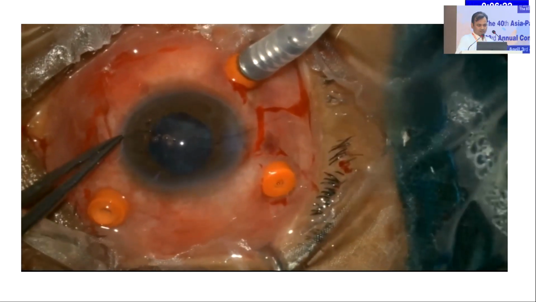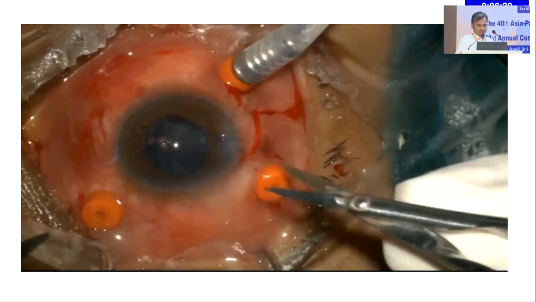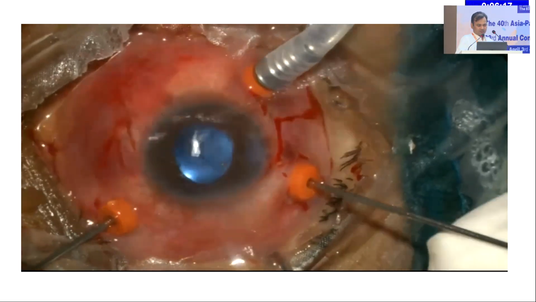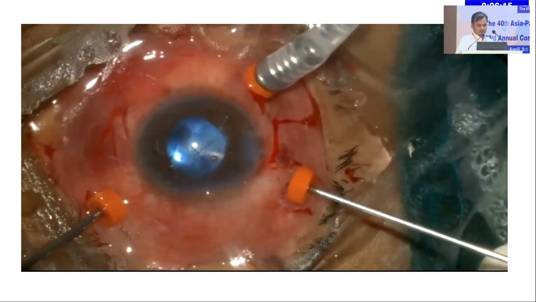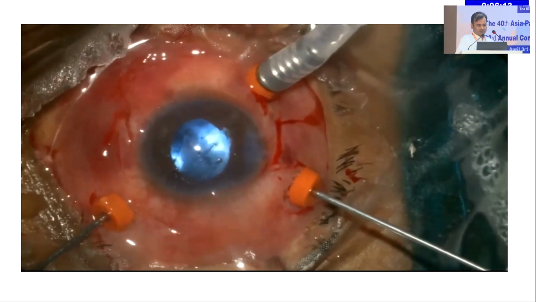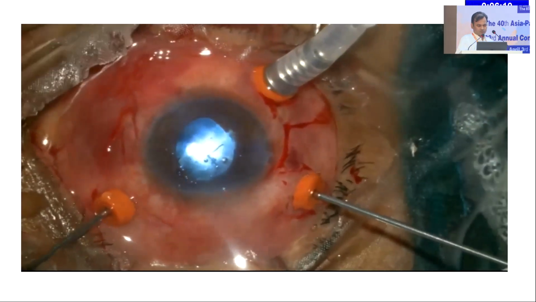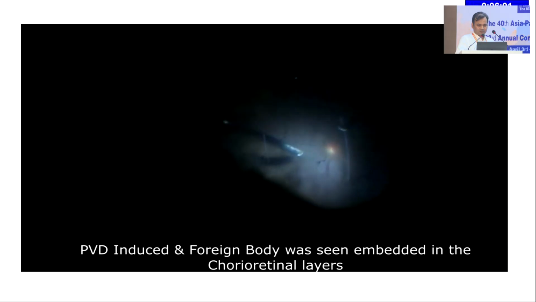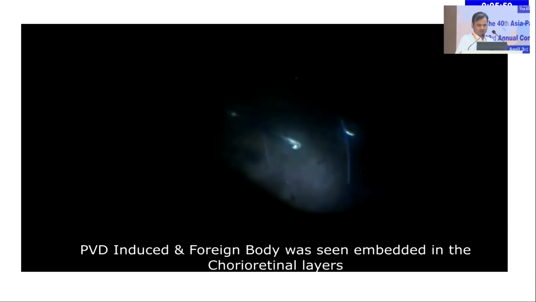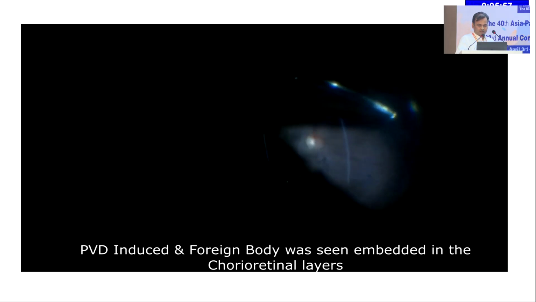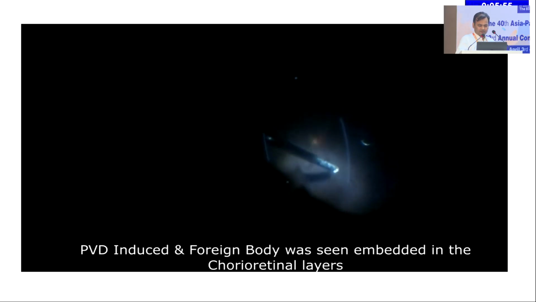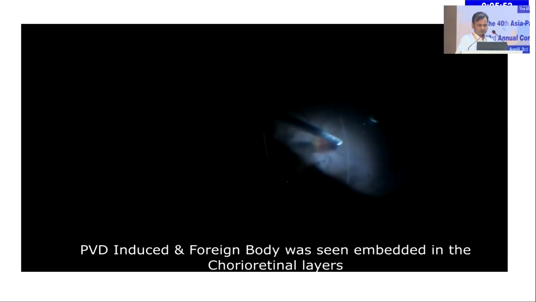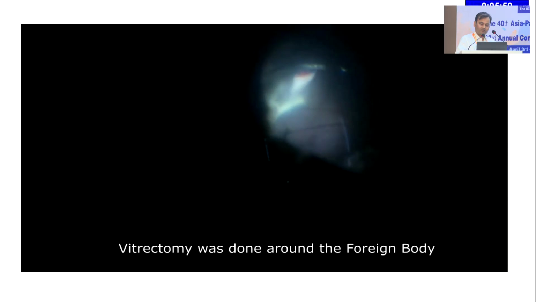Then the remaining cortical matter was removed through a pars plana approach, because here you have a good visibility of the capsule. You can save the capsule. The light is there, and then I did the core vitrectomy, and here I'm trying to remove the posterior hyaloid, inducing the PVD,